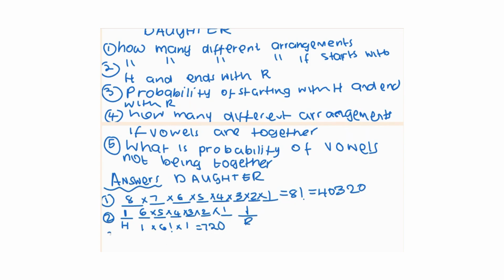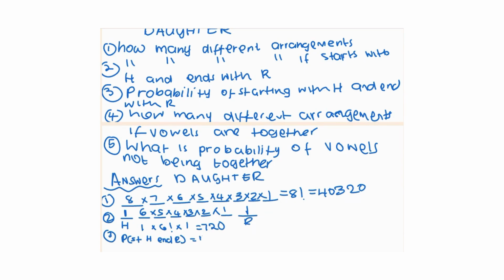Number 3, the probability of starting with an H and ending with an R. Remember, we have found the arrangement. We found it to be 720. So the probability of starting with H and ending with R would be the arrangement, the one that we got there,